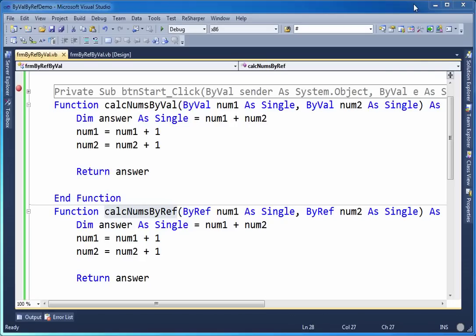ByRef versus ByVal. As you can see in front of you, I've got two very similar functions. As a matter of fact, there's not much different between them. But if you look closely, you can see that, of course, the name's different. This is calc nums ByVal. This is calc nums ByRef. And those names are suggesting that we're looking at the difference between how the arguments are going to be passed. In the first function, we're passing the arguments ByVal or by value, whereas in the second function, we're passing parameters